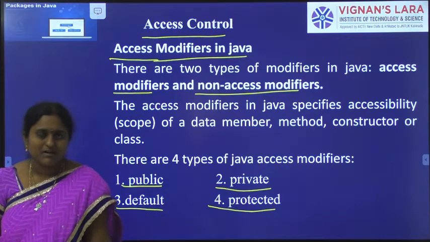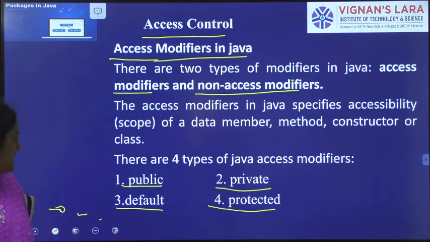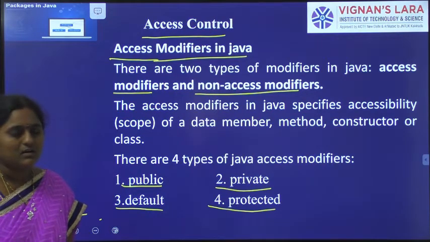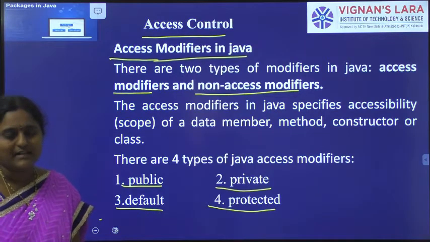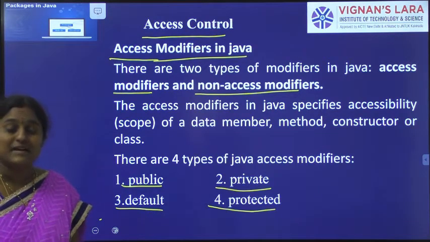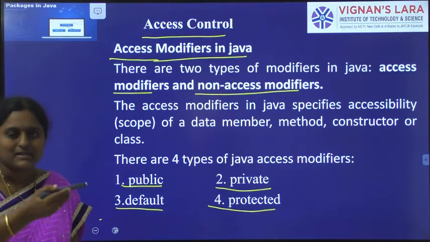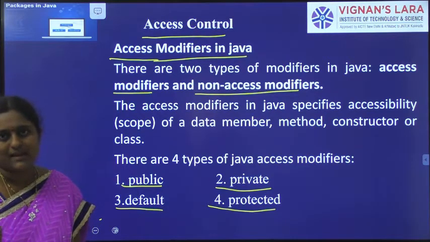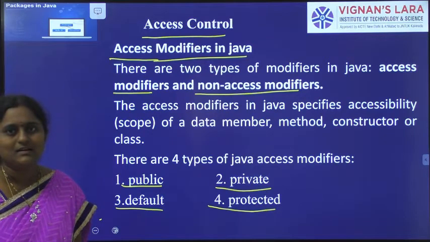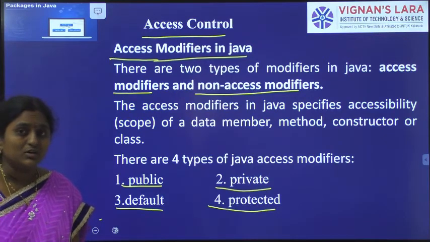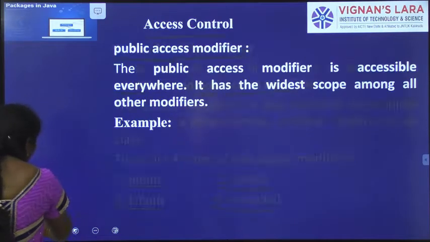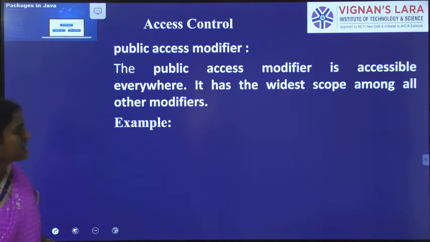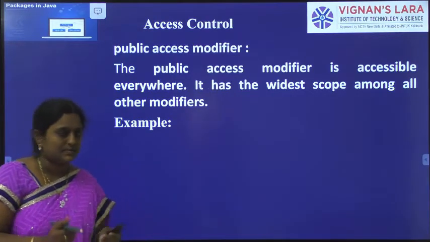I will discuss one by one what is the scope of the public access specifier, how it can be applicable with respect to the class and method, and how we can access public access specifiers within the class, within the sub package, outside the class and outside the package. There may be some restricting rules. I will explain one by one. Coming to the first one, the public access modifier or public access specifier.